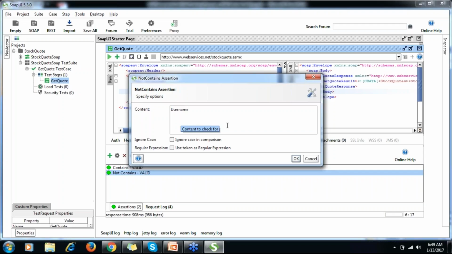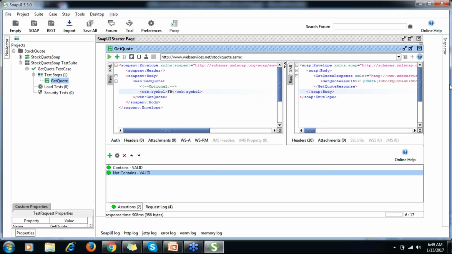Sometimes you need to verify that whatever response you are getting, there is no sensitive data like username or password. If I want to verify that in my response there should be no node of password, because it's very critical to validate, and there should be no sensitive data, as I said.